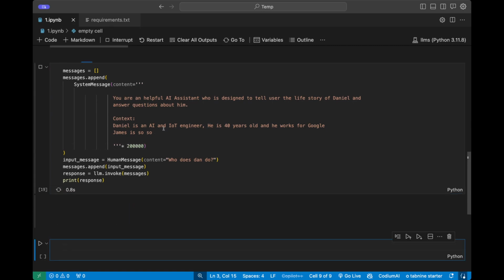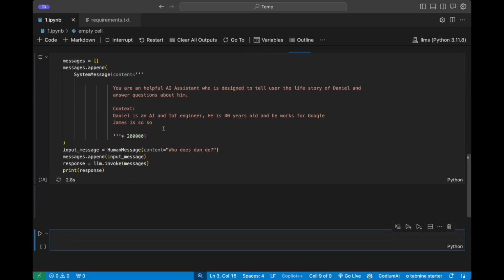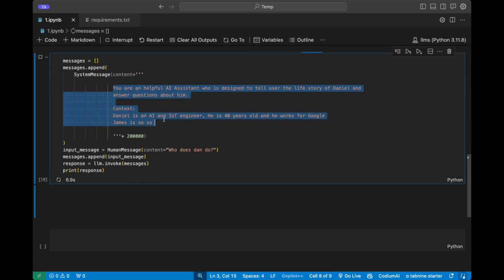Right, let's run this. This is just a lazy way of testing the limits of the context window. And you see I'm going to get a problem here. It's going to take a while to run, but the error I'm going to get says that we've gone beyond the context window of the LLM because we've sent in too much text data, and you cannot process it, which is what is going to happen eventually when you put in too much context,